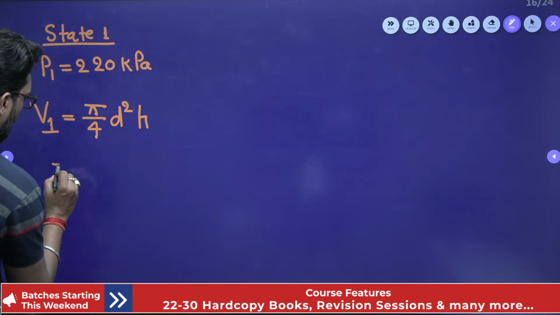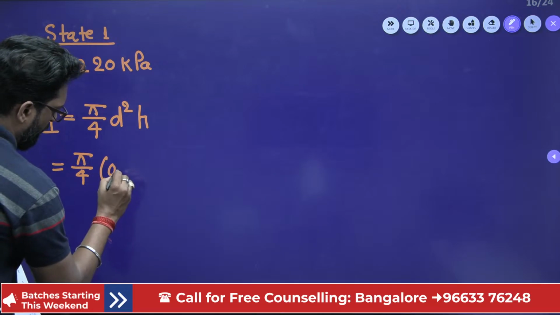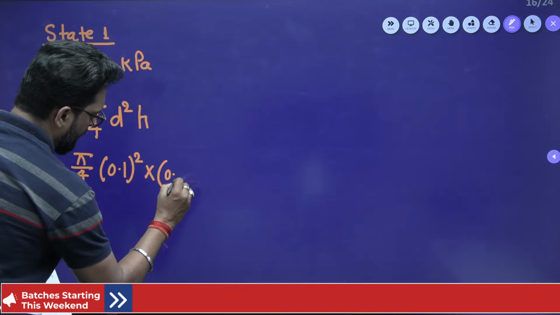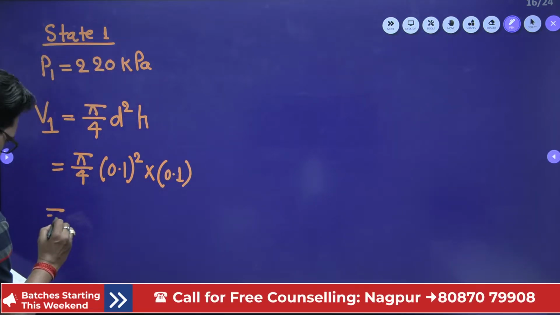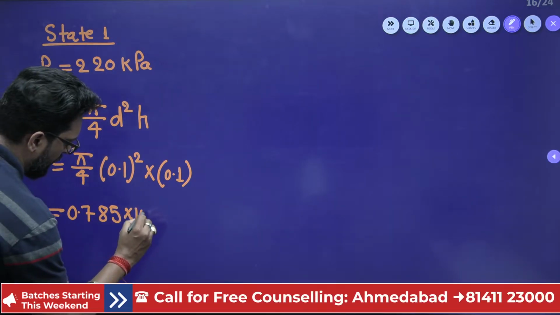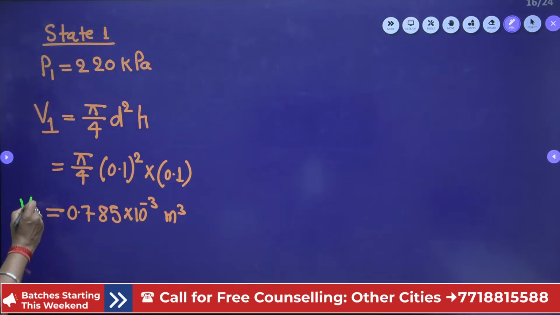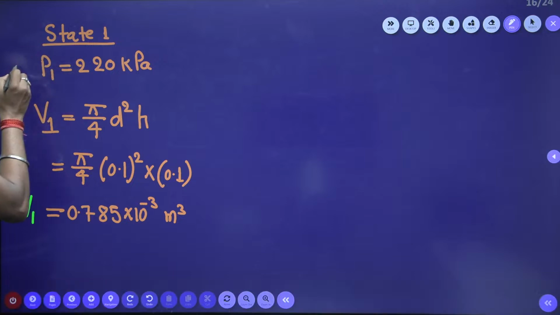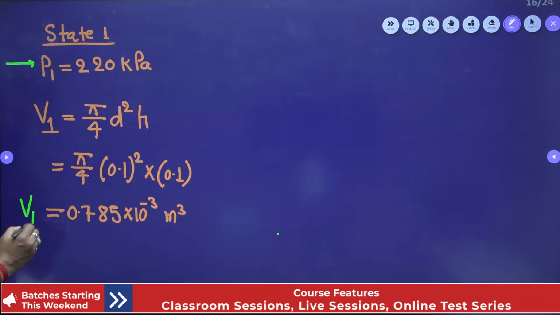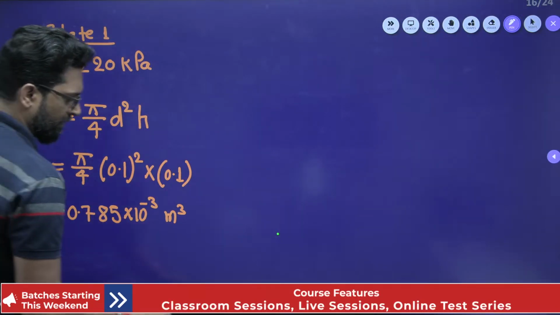So π/4 times d squared times h, with d equal to 0.1 m (it is given in mm) and h equal to 0.1. What is the value? This is 0.785 × 10^-3 m³. This is your initial volume V1. So we have the initial pressure and the initial volume, no problem at all. Now